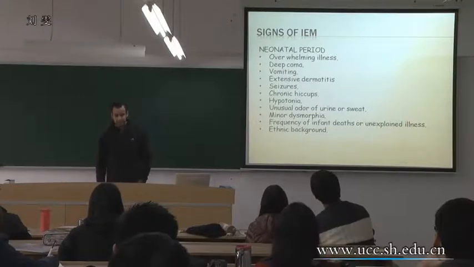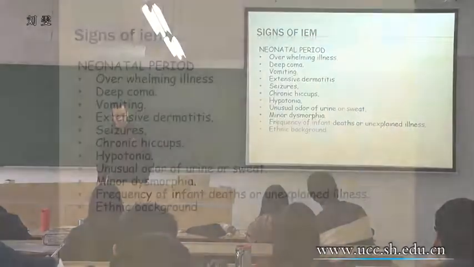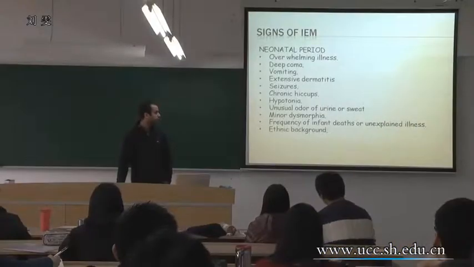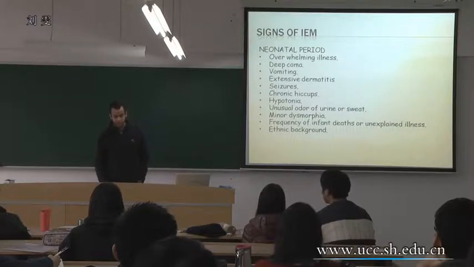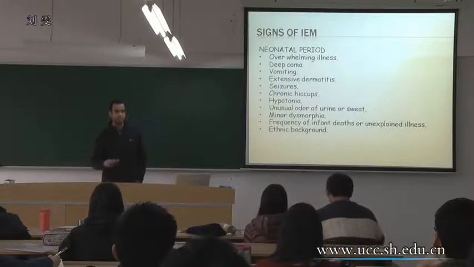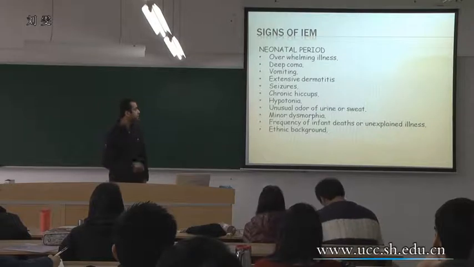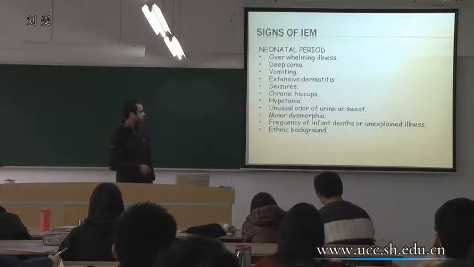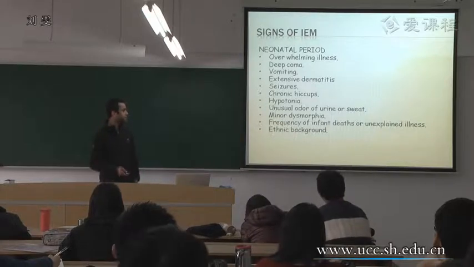So what are signs of inborn errors of metabolism? I must say before, it can come at any stage of your life. There is no age period, but it is most prevalent in newborns, where we can pick up the symptoms earlier. So during the neonatal period, which is the most critical period for a baby, between 0 days and 28 days,